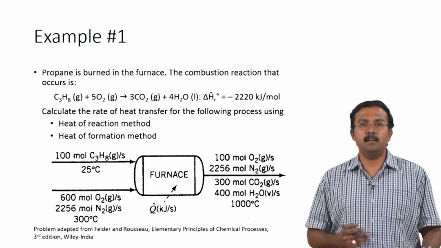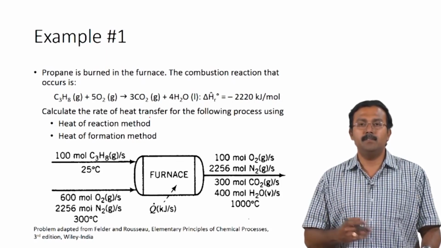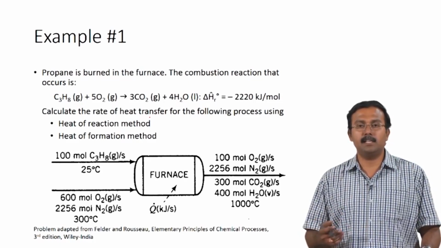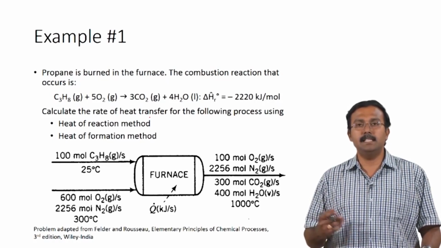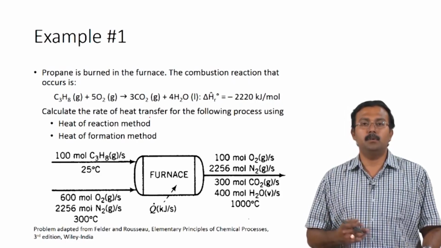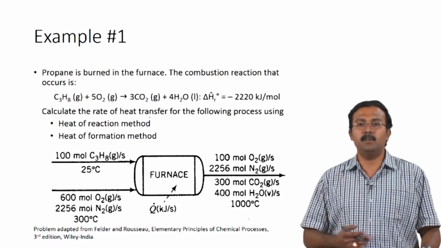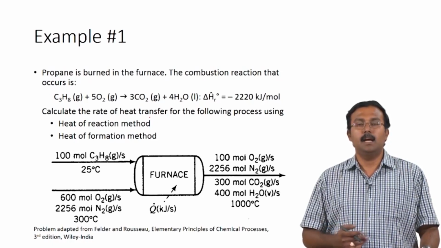You also have 300 moles of carbon dioxide and 400 moles of water vapor which are leaving per second. So, this exit gas, which is the gas produced after combustion, these combustion gases are leaving at a temperature of 1000 degrees Celsius. So, now the question is to identify at what rate heat must be transferred for the following process,